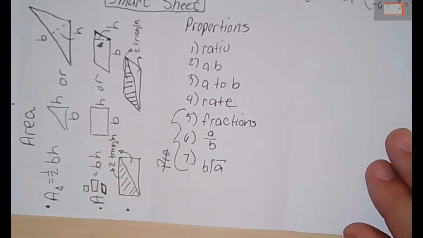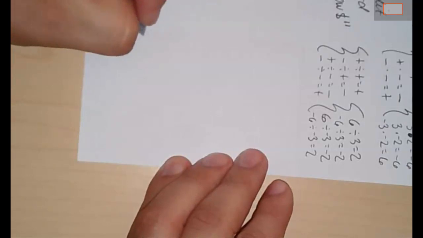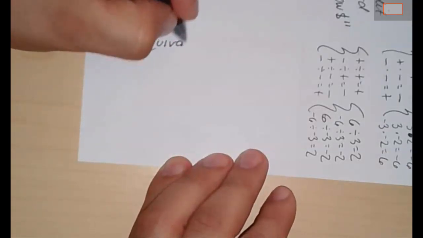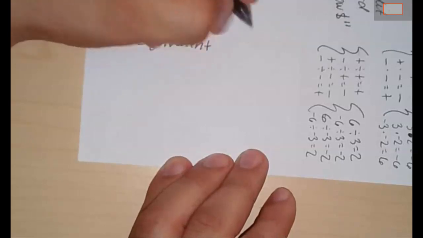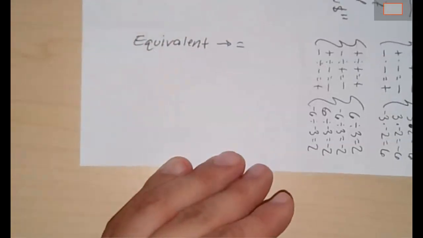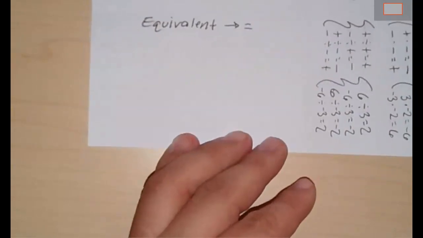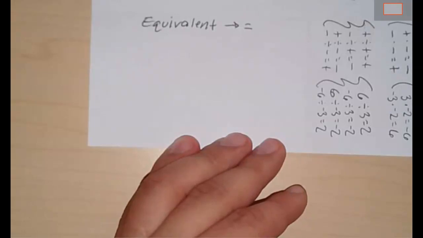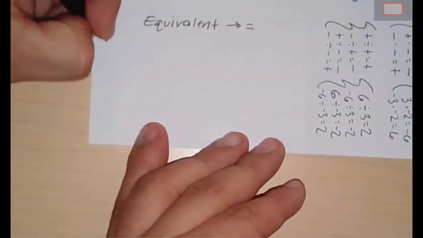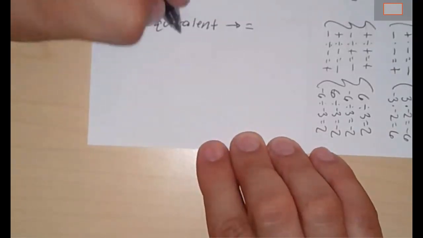All right, and let's go to the last one. Okay. This next, we'll turn the paper this way. Okay. So you're going to deal with a lot of problems, okay, that talk about equivalent, which pretty much just means equal, okay? So let's look at three scenarios that can guide you, okay? So let's look at this scenario,